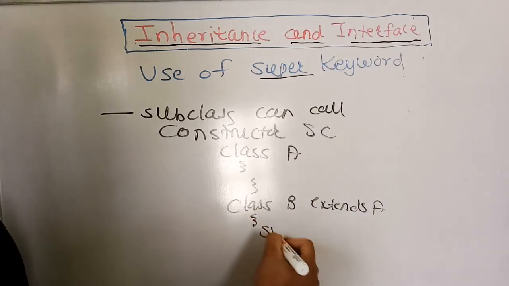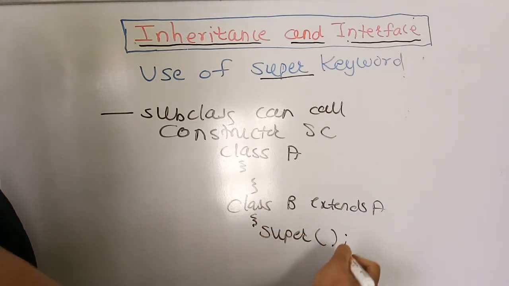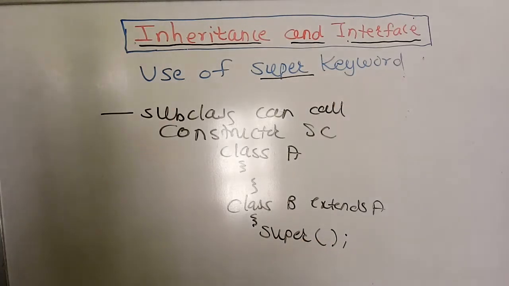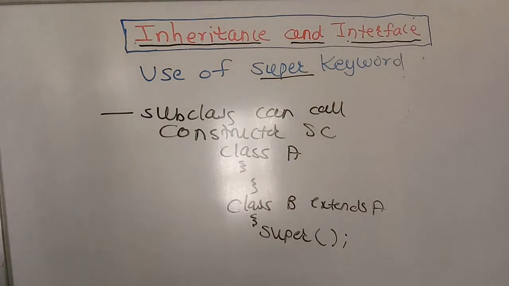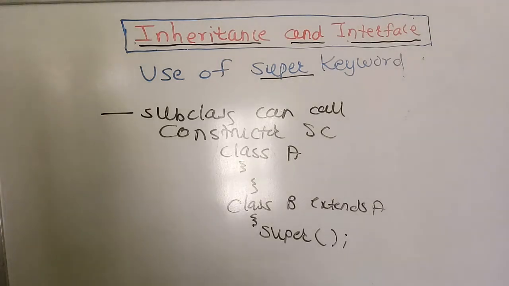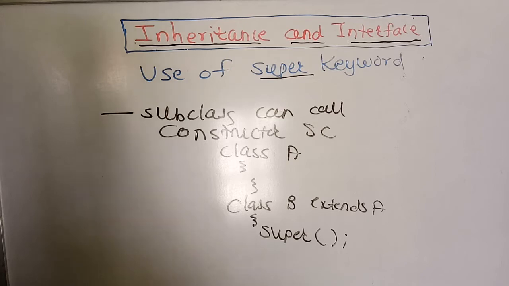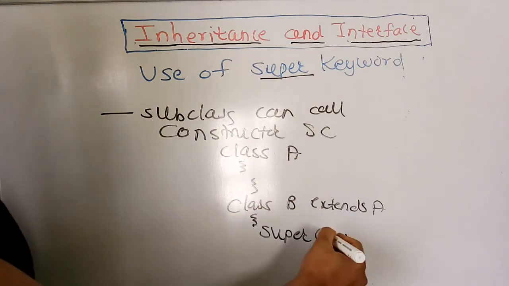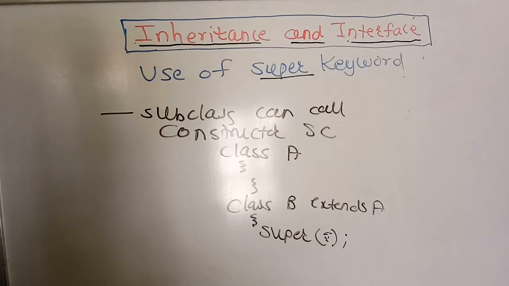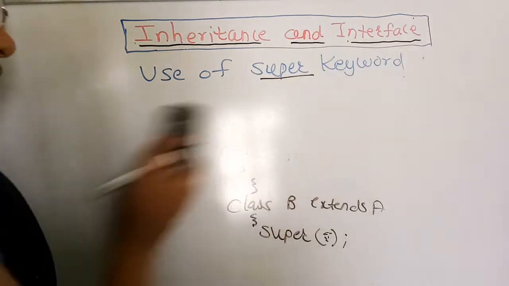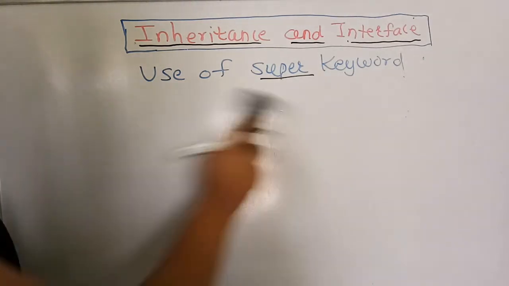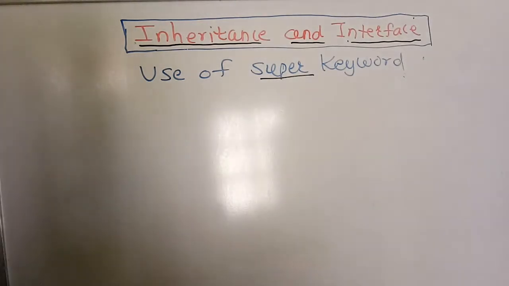So there should be a method known as super. It means the first line of the subclass constructor is the super call to invoke the base class constructor. The parameters needed by the constructor are specified in the parameter list. These are the different mechanisms associated with the super keyword to call the constructor of the superclass.